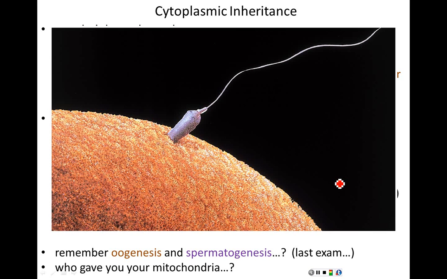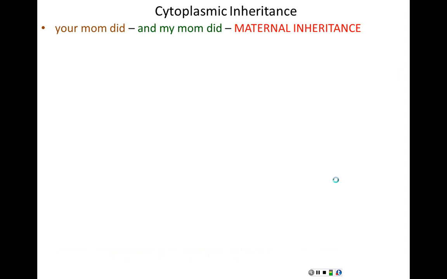Your father donated half a genome to you. That is the male contribution to new life. Your mother donated half a genome to you. But that first cell, your first cell, the first cell that was you, was actually your mother's cell. Your mother gave you that cell. It was her cell, and she donated it to this new life.